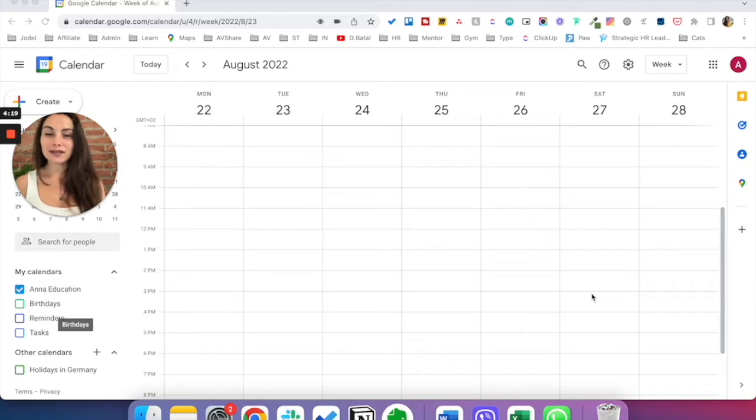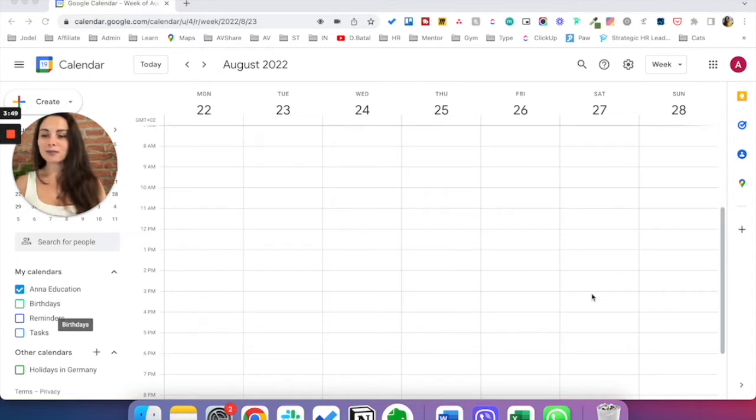Of course, when you create a Google Gmail basically and you have a Google Calendar, it's one main calendar by default. And you can use it for different purposes. You can combine it with your full-time work, for example, and your side projects, or you can use it for different projects in your work. But also another way of using the calendar is to create multiple calendars in your one main calendar. And this way you will be more focused and you will know exactly what you need to work on.